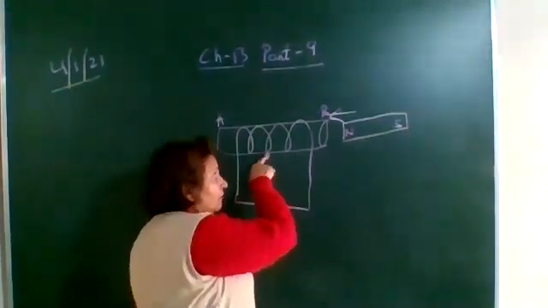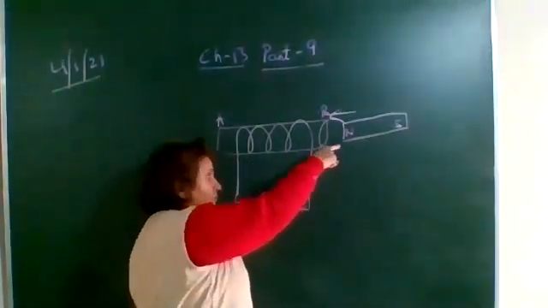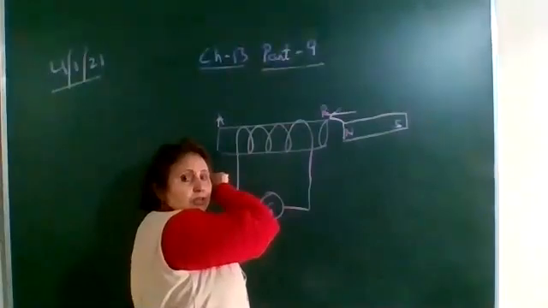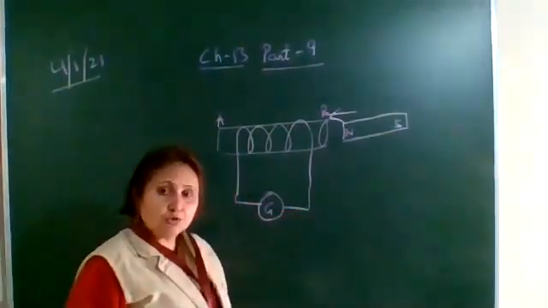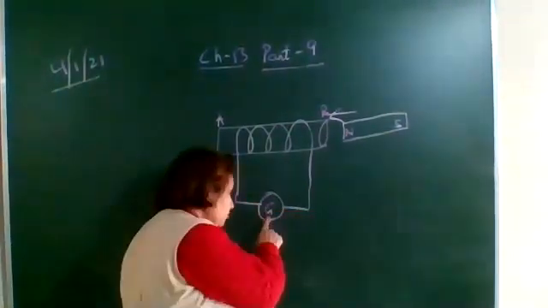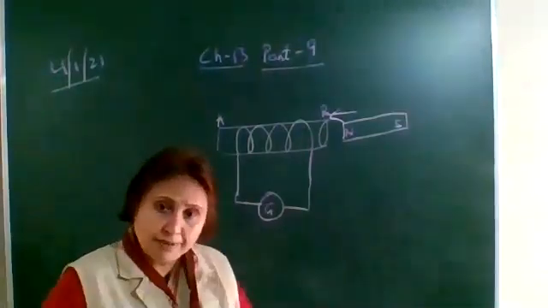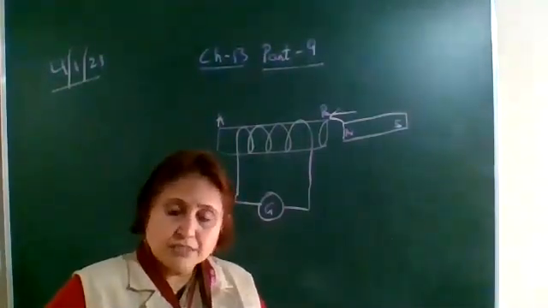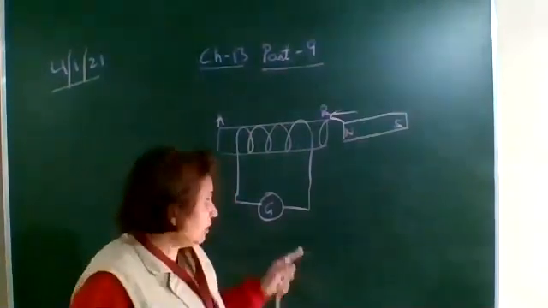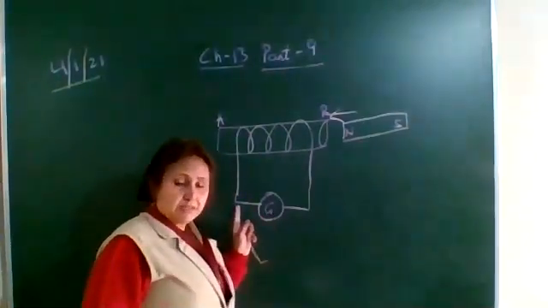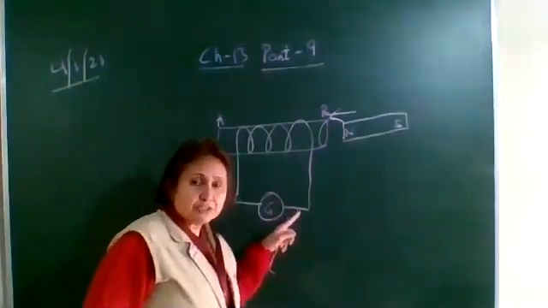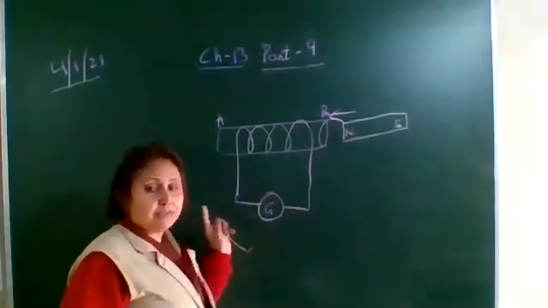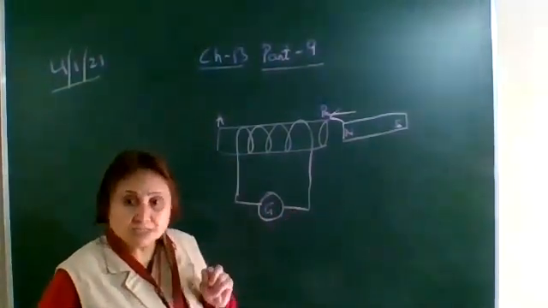Now when the north pole is brought inside, and then moved outwards, again you see that the galvanometer shows a momentary deflection. As you are moving out, the galvanometer needle will show a momentary deflection. Now this time it will be in the reverse direction. Suppose in the first case it was towards right. Now the galvanometer needle will show a deflection towards left.